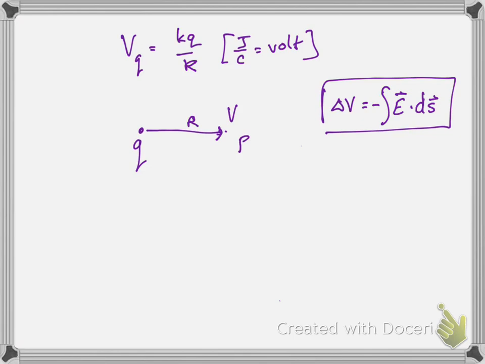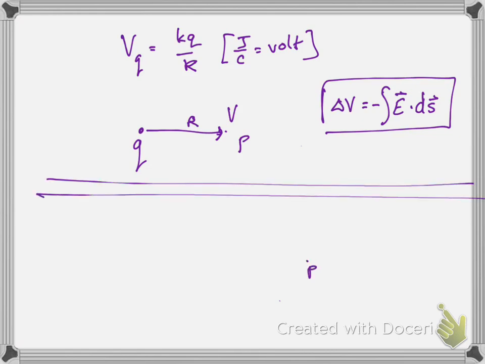But another way we can find potentials is to simply say, just like we've done in the past, that the potential at a point P is the potential due to all the point charges in its vicinity, and we can add up those potentials. So, for example, if I want to know what is the potential at a point P due to two charges, let's take two charges, Q and Q, and ask what is the potential at P. Let's make this an equilateral triangle. Same kind of problem we've done many times, but this time what is important is